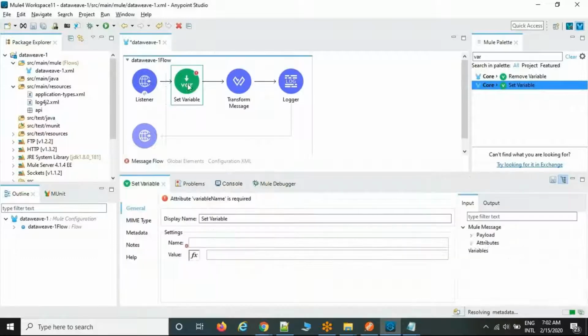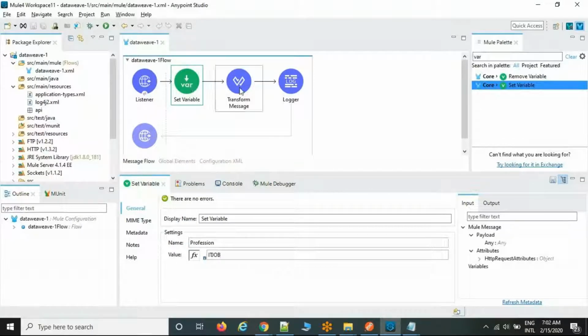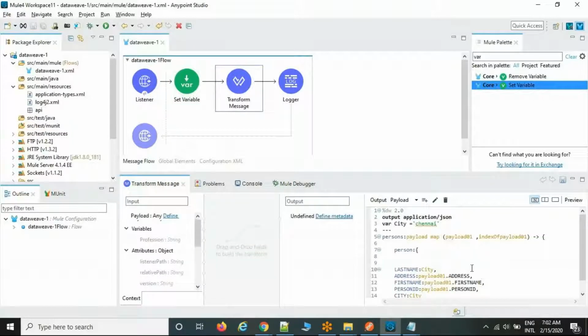If you are creating it outside of the transform message, means in the flow, example profession, and you can create the value IT job, something. And the same variable, whatever variable is created, you are going to reuse in the transform message. So you can create the variable outside of the transform message, within the flow, and you want to reuse this variable in the DataWeave code.